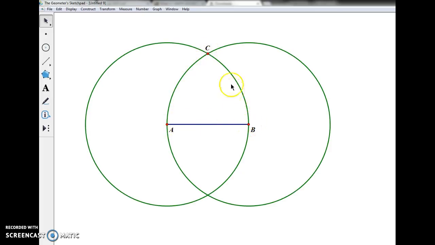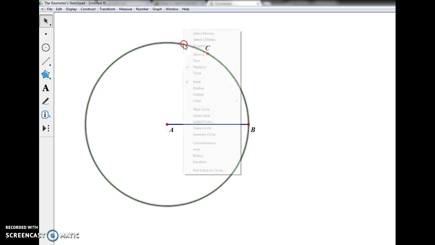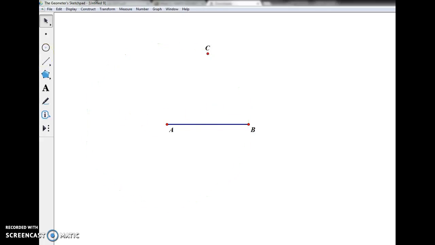And also for the same reason BC must have the same length as AB because it's a radius of this circle. So I can hide both circles now if I want to. Right click and choose hide circle, and right click and choose hide circle. If I now construct segments AC and BC, I think I can show you that I now have a